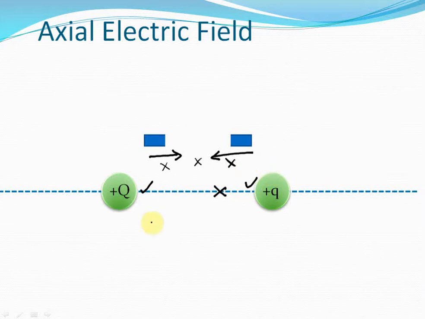We can even make out that this point where the electric field will be 0 along the axis will be towards the smaller charge. So for example, if this capital Q is greater in magnitude than small q, then in that case the electric field will be 0 somewhere here, isn't it? Because the magnitude of this charge is greater, but the distance at which we are calculating the electric field is greater too, and the magnitude of this charge is lesser, but the distance at which we are calculating the electric field is lesser too, correct? So the point where the electric field is 0 will be somewhere near the smaller charge.